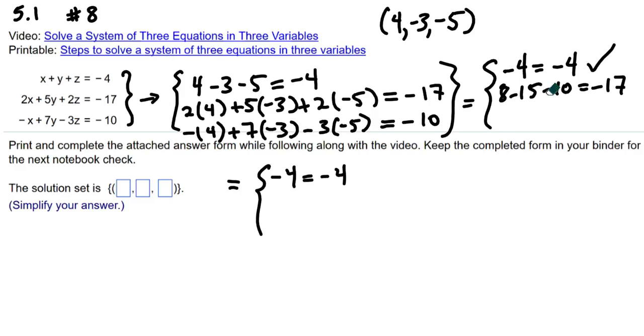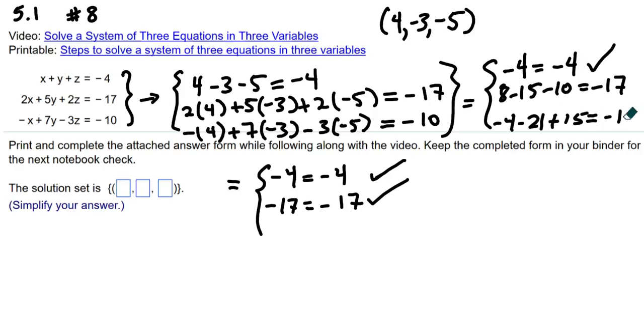And then simplifying this again, that's 8 minus 15 is negative 7. Negative 7 minus 10 is negative 17. Okay, good and good. All right, and then the last one, I have negative 4 minus 21 plus 15, and all that's supposed to add up to negative 10. So simplifying right here, I have negative 4 minus 21, that is negative 25. And negative 25 plus 15 will give me negative 10. Okay,